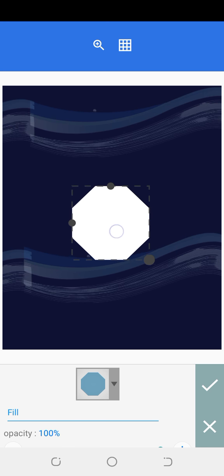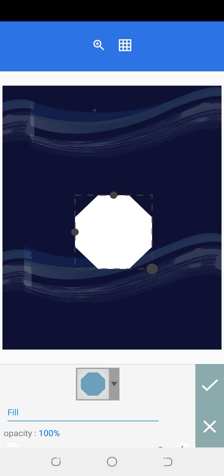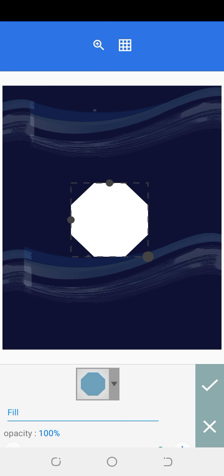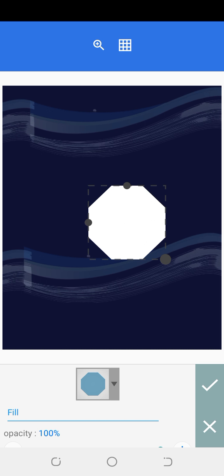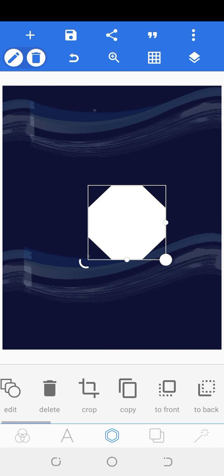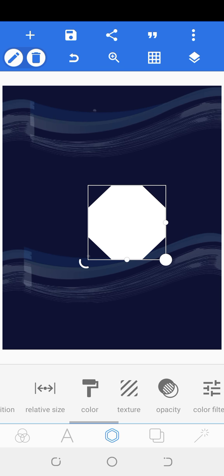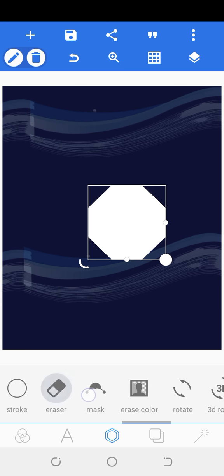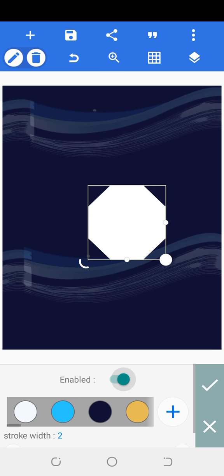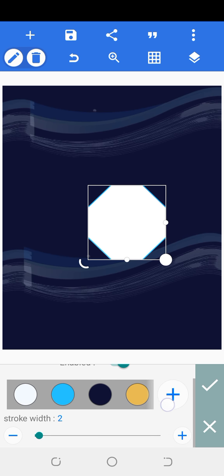Okay, depends on how many people you are expecting or how many people should be on your flyer. All right, guys, now the space for the host should be a bit bigger. Don't you agree with me? Okay, so we'll just put a stroke on our shape that we've chosen. Just put a stroke on it. Increase the depth of the stroke a little. Yeah, that's it,